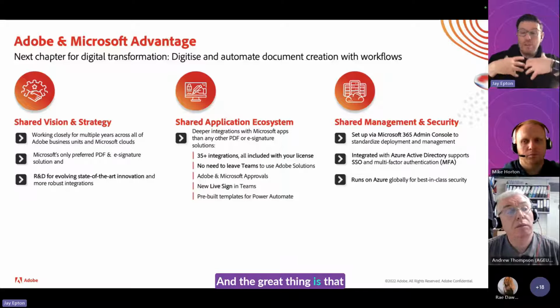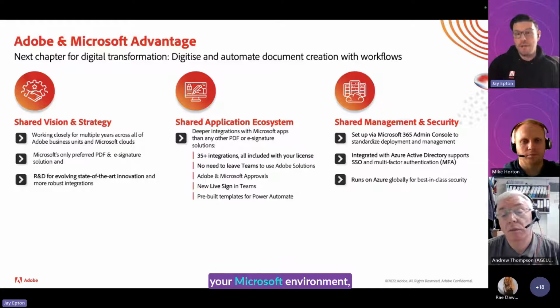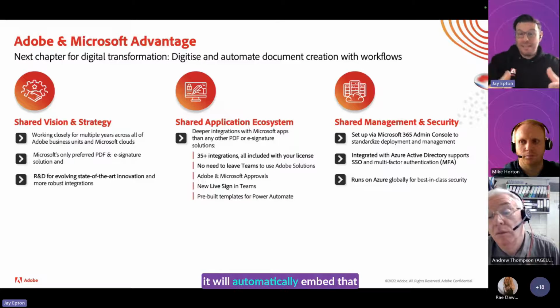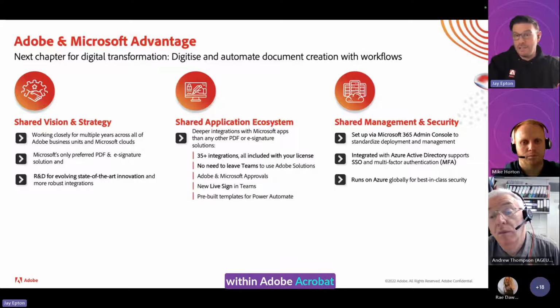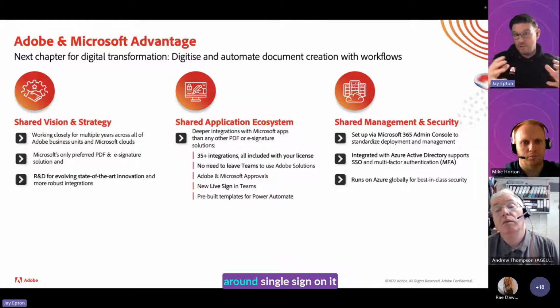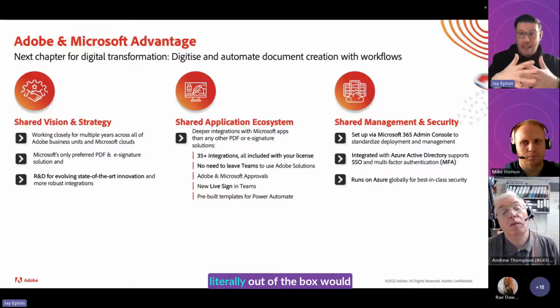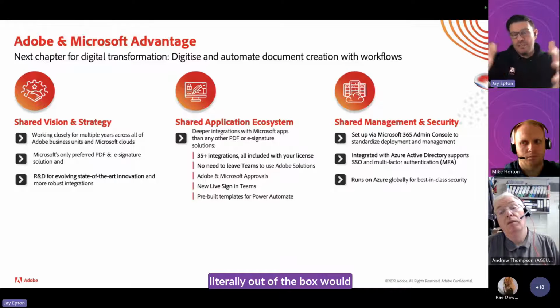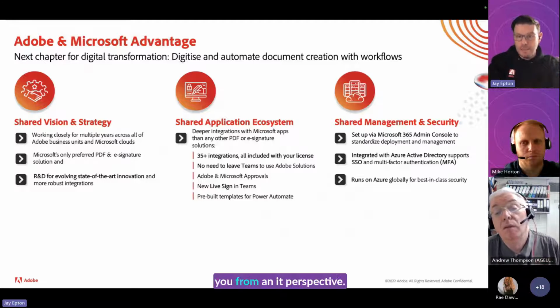And the great thing is that whatever you're using within your Microsoft environment, it will automatically embed that within Adobe Acrobat and Adobe Sign. So there's no need to create a separate console, to learn separate passwords, to create another function around single sign-on. It literally, out of the box, would integrate and come to life for you from an IT perspective.